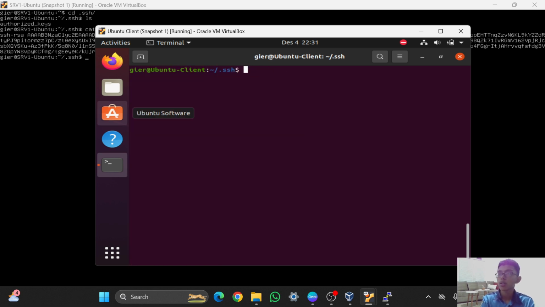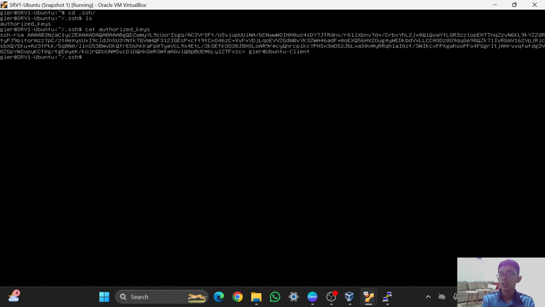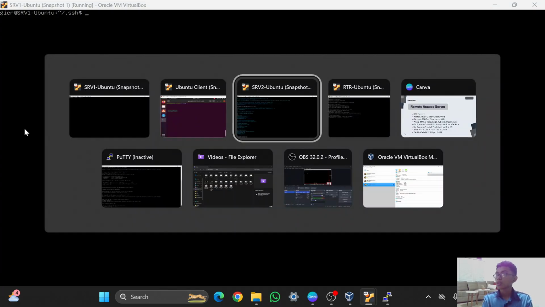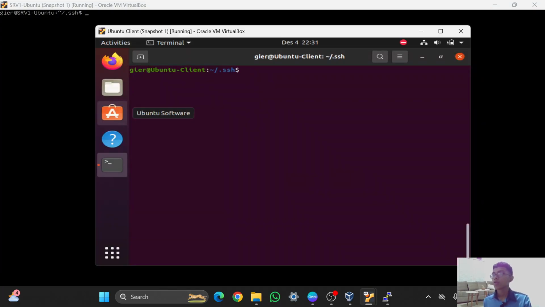And I will practice again how to remote in. When you want to remote the server, we still can log in using SSH. Sorry, I will cd again, using SSH, and then the name of the user, gr, and then the IP.